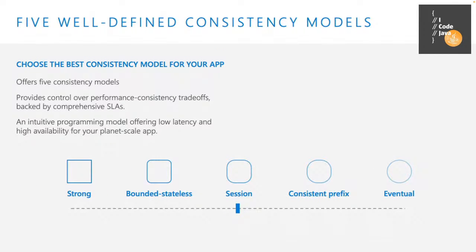It's also got this idea of consistency models. If you guys are familiar with the CAP theorem of distributed computing, you have consistency, availability, and partition tolerance. You can have two. You just can't get all three things. So this is where you get to choose what that blend of items is. On the left-hand side, we have strong consistency, and that's probably closest to ACID compliance in a relational database. This says that everybody will always see exactly the same thing.